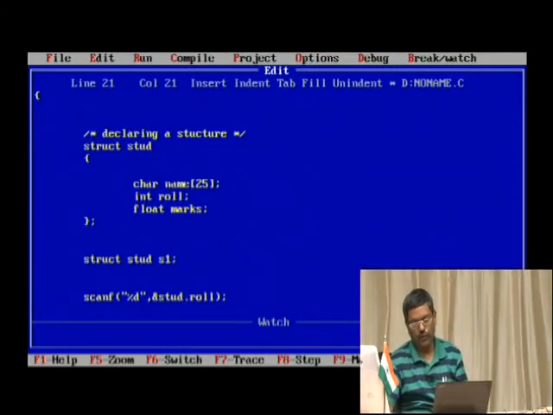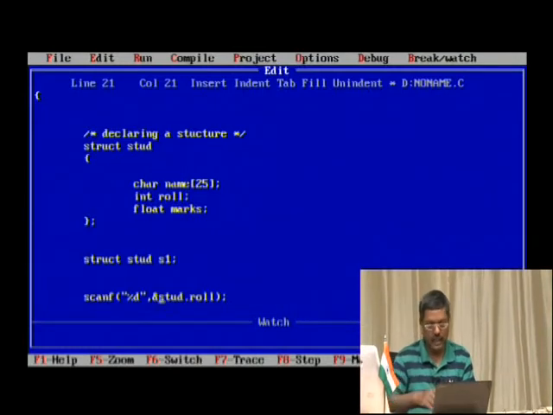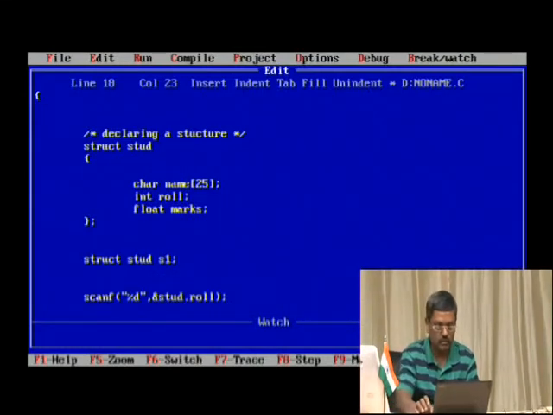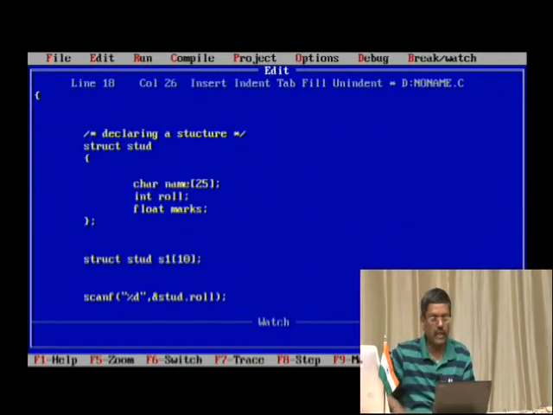Suppose you want to store 10 students' values, then automatically you can declare this as an array, say S1[10]. That means this is a group. S1 now is not a single variable having 3 different members; instead it is an array variable like this.